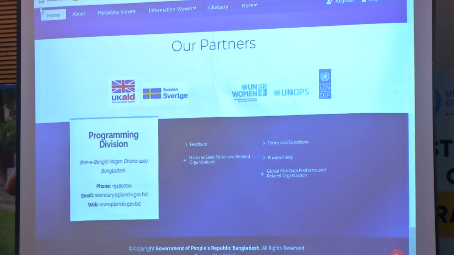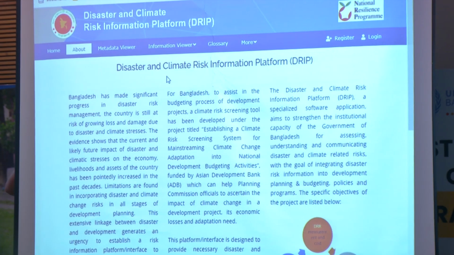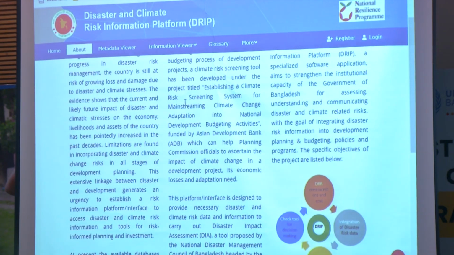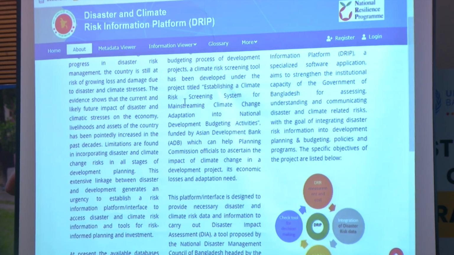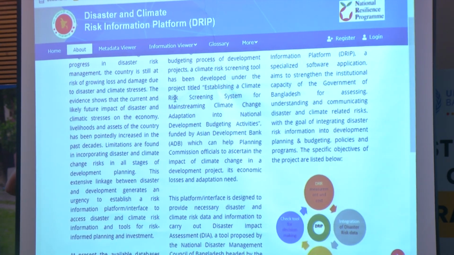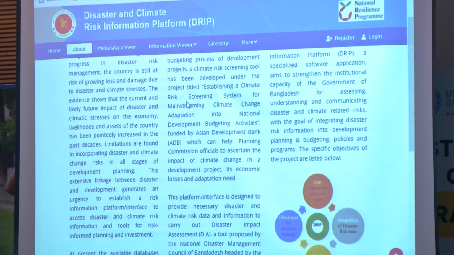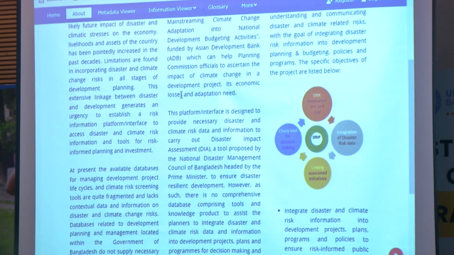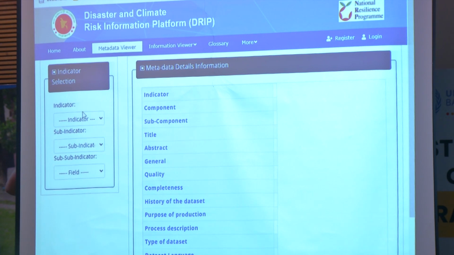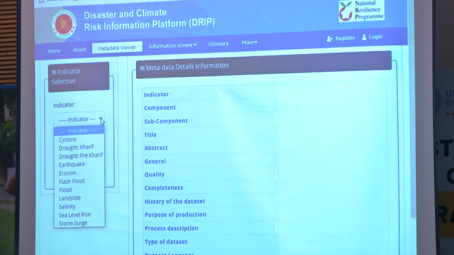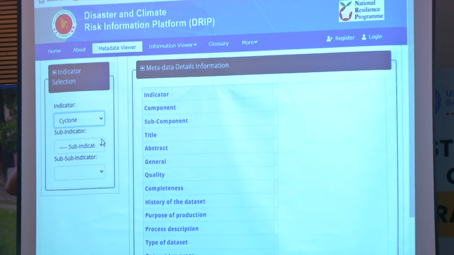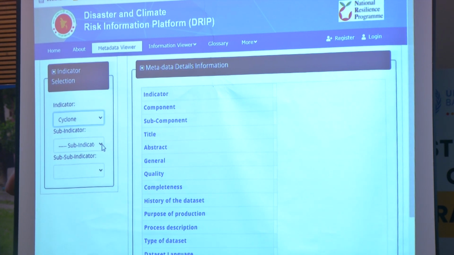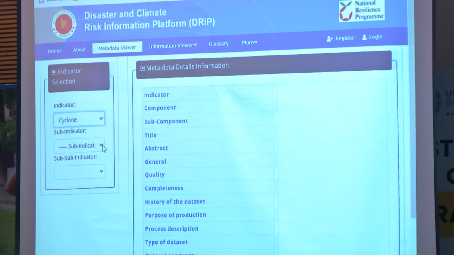And hazard risk maps, and all these are from our partners. You'll see why this disaster risk information platform exists and how it is going to support the government officials, particularly in identifying the potential risk of particular disasters. And this is the metadata viewer, which is the data of the data. If you go here, you can identify particular hazards. So it is accessible through your phone. Can you get it?